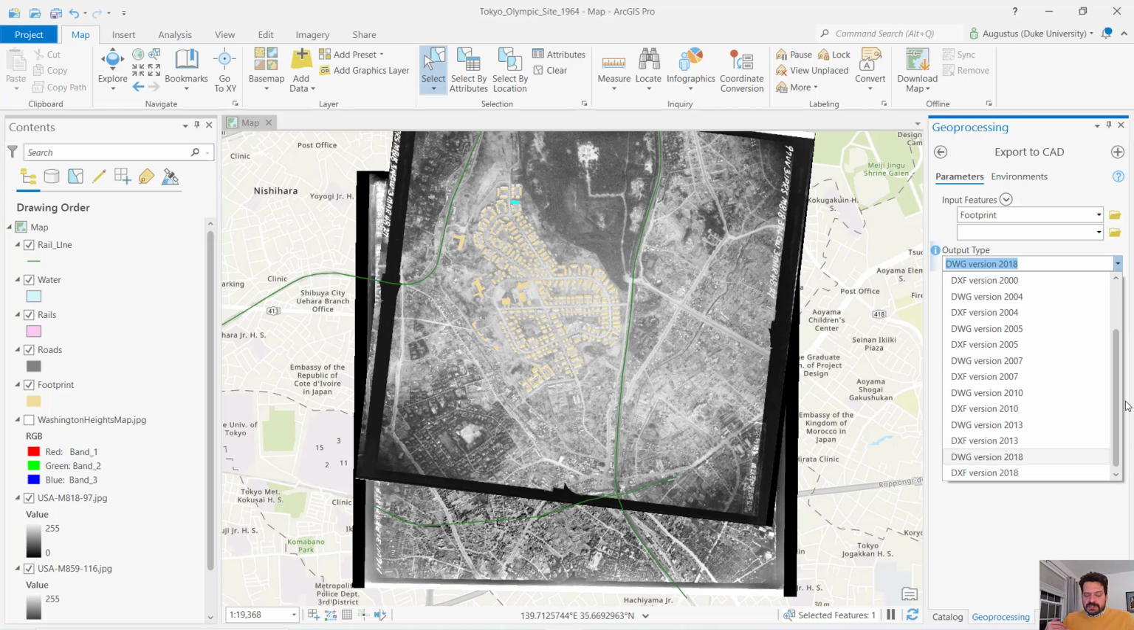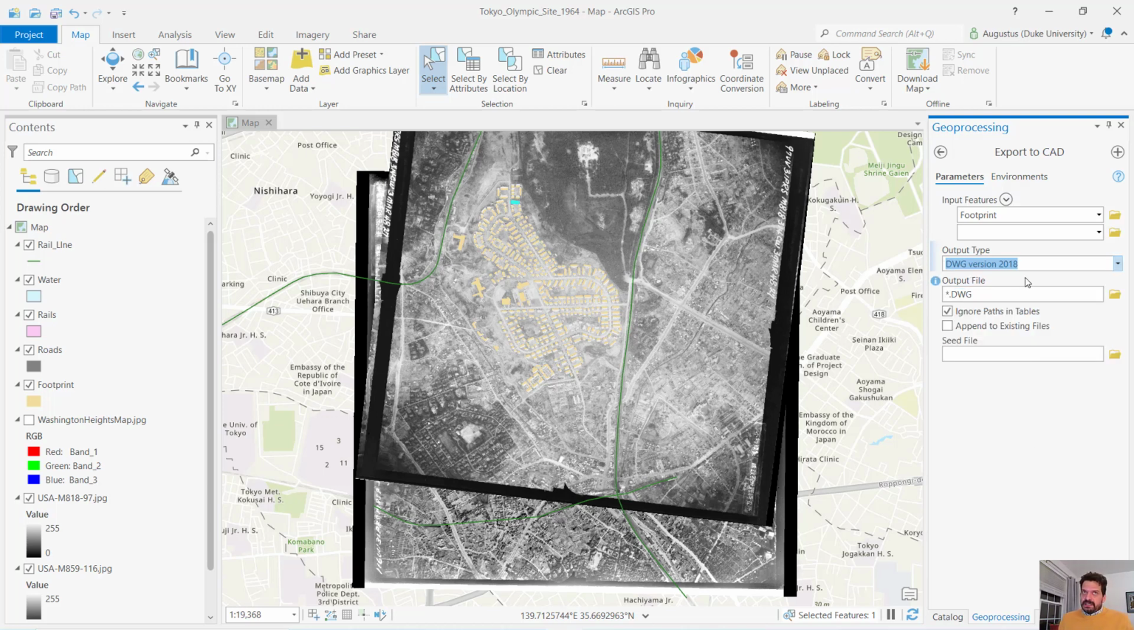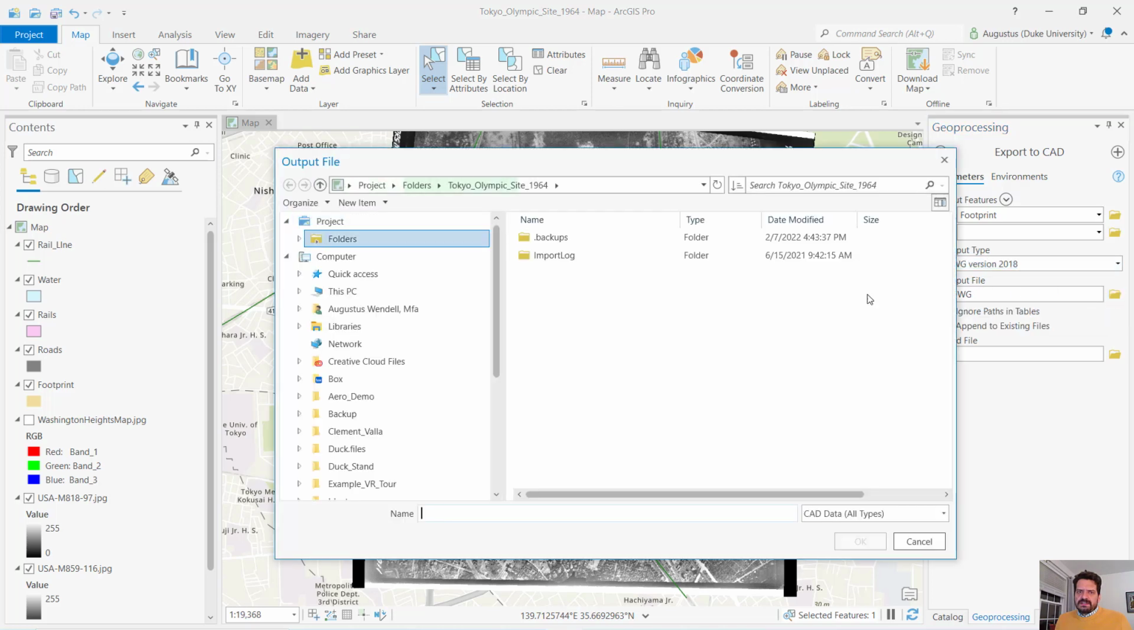If I was bringing it into a program that wasn't often updating its AutoCAD reader, I might want to go back to an earlier version of the DWG file format. But in this case, I'm going to be bringing it into AutoCAD. So DWG version 2018 is fine. I'm working, I think, at AutoCAD 2022 in this case. My output file is going to be in my same documents folder. In fact, I'm going to change that location and just put it on